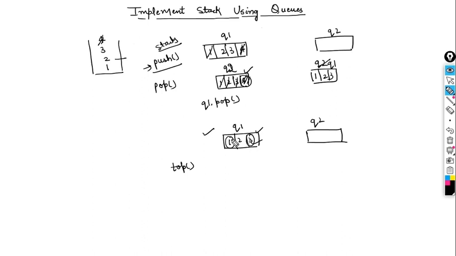Again, do the similar things. Remove 1 from here and push it inside q2, then remove 2 and push it inside q2 again. Now I need to return this element. I don't need to delete this, I just need to return the element. So just store this element inside some temp variable, right? And then do q1 dot pop. So I have removed this element from here and stored it inside temp. Now you can store the temp inside q2. You can do q2 dot push, and you can push temp inside it. So 3 will come here, and in temp we have our third element. So you can simply return temp, right?